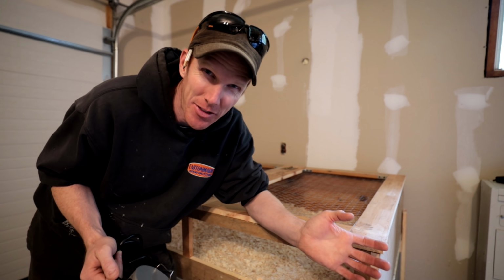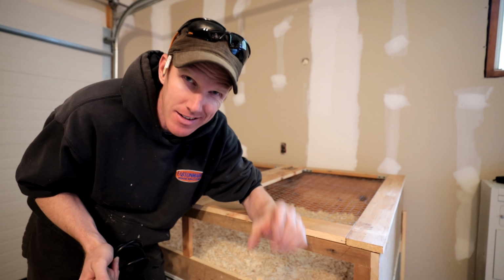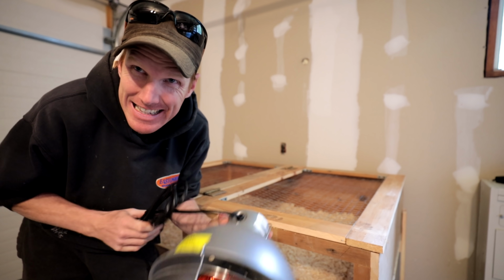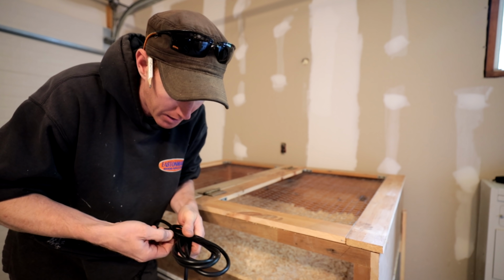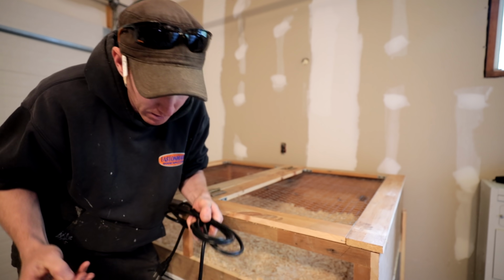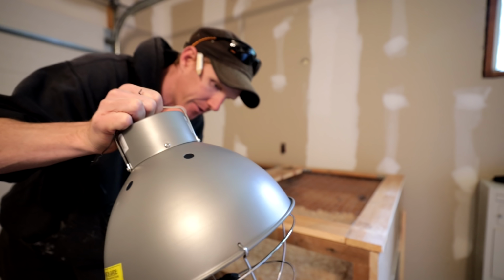Anyways, it's a good idea to collect some stuff if you think of building something in the future. We've got some wood shavings about an inch or so, and I packed it down because these little chicks are tiny. The other thing is the heat lamp that we've got to put this in. I picked this up from Princess Auto, mailed right to my door, and they sent the bulb as well. So this is going to be suspended above the coop